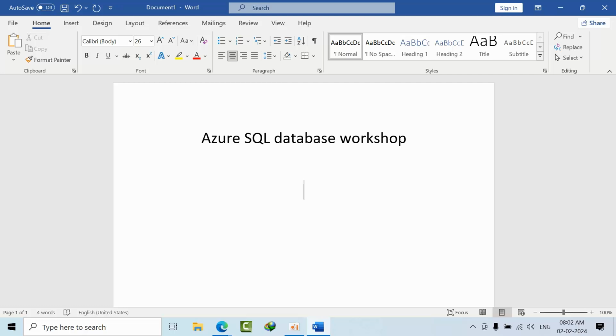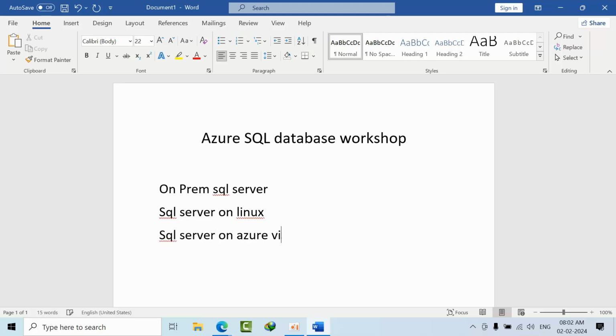We all know on-prem SQL Server. Coming to SQL Server types, we have on-prem SQL Server, one is SQL Server on Linux environment, and the second is SQL Server on Azure Virtual Machine, SQL Server Managed Instance, and Azure SQL database.